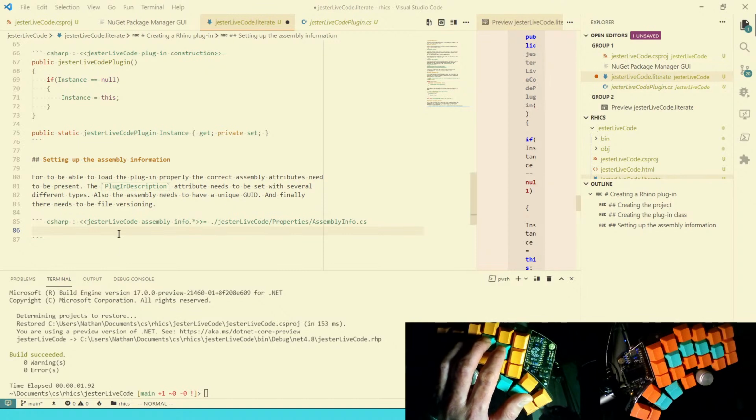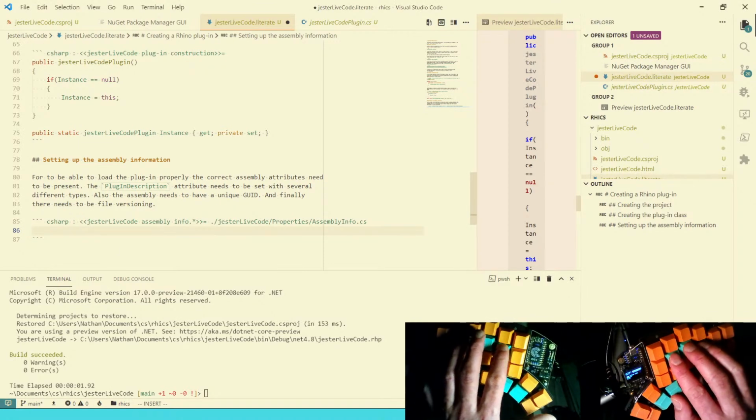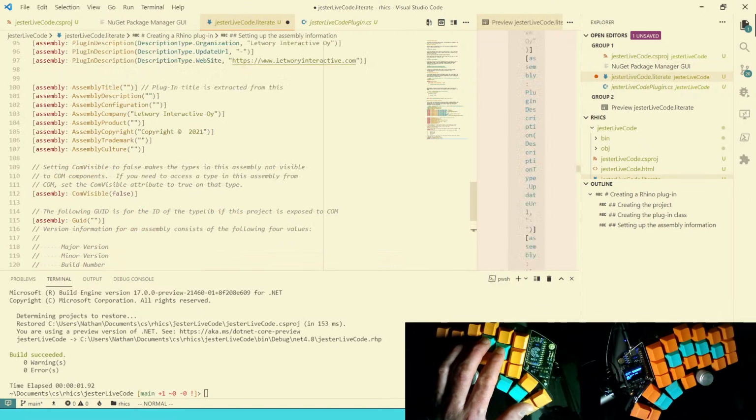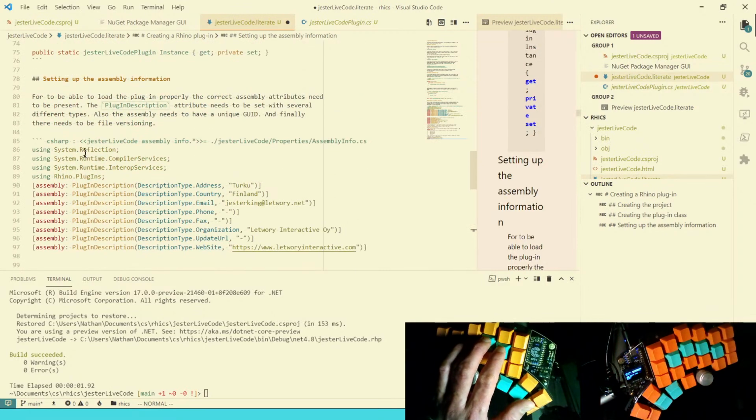Copy and like so. System.Reflection. I'm not sure if all of these first three are needed, but let's keep them in because they are generally always there when you create a file or a plugin from a template from a wizard. But we do need the Rhino.PlugIns namespace,